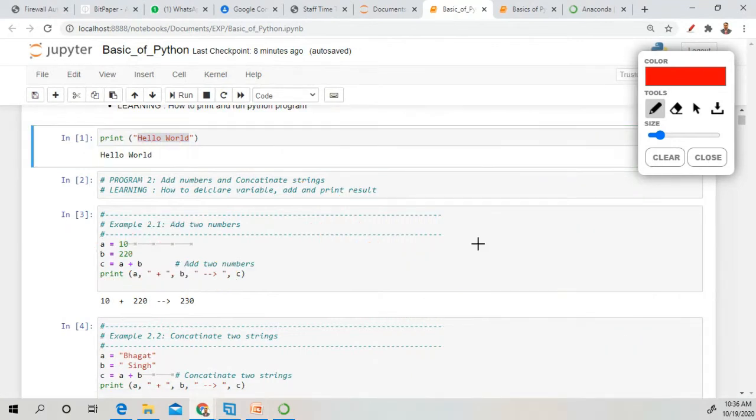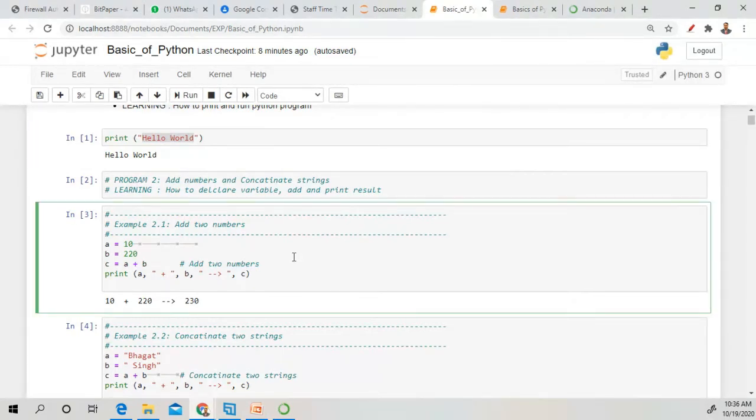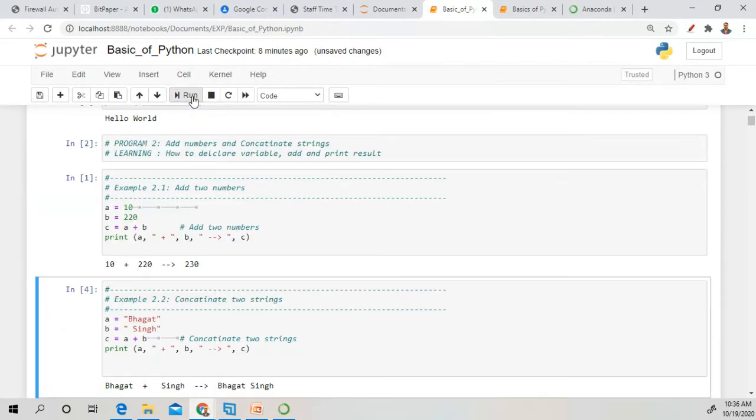Okay, so how to execute this program? You click directly on this run button, or you can use Shift and Enter. After clicking on this, it will show the output 10 plus 220.